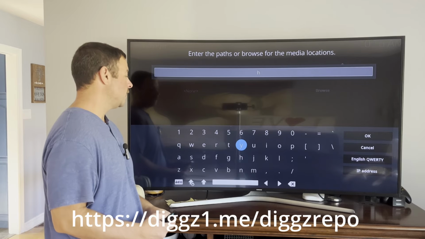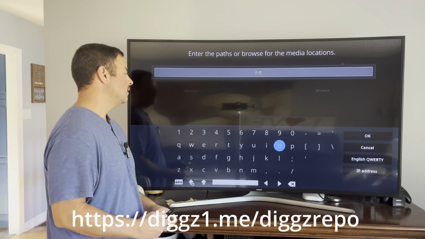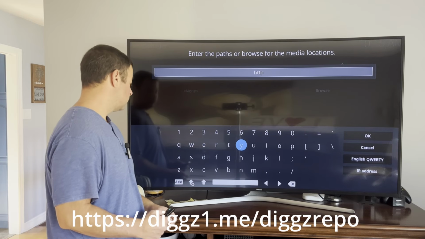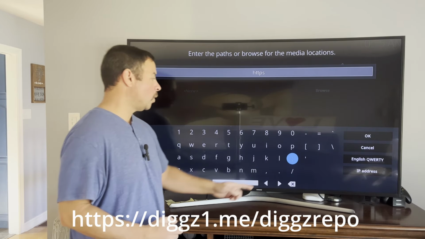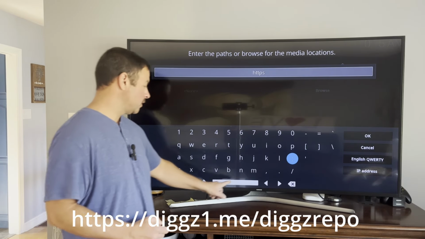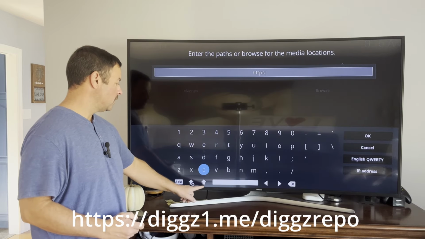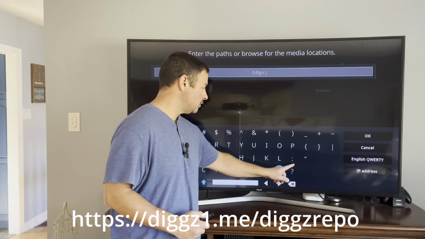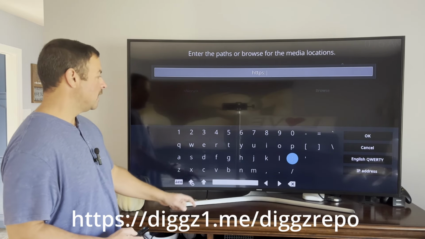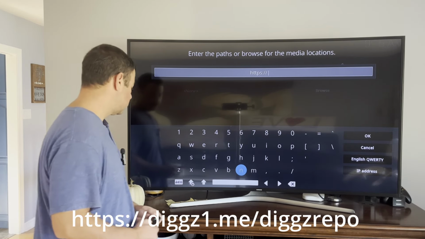So it's going to start off with HTTP, S. We need a colon. Here that's a semicolon, which won't work, so we can come down to the Shift button, which now gives us the full colon, and then //